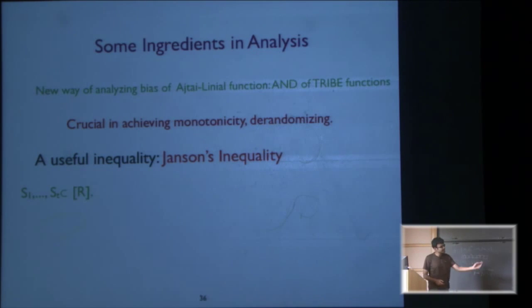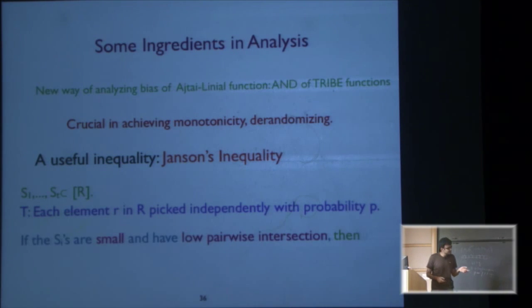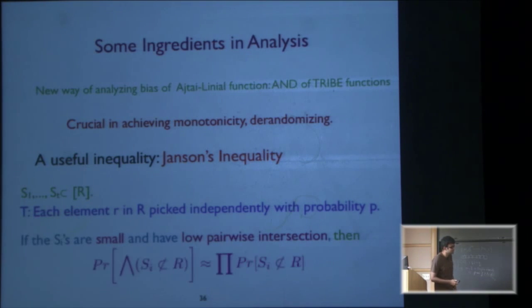If S_1 through S_t are subsets of [r], think of the S_i as small, and suppose we construct the set T where each element of [r] is picked with some probability p, for a small p. Now, if the S_i are small and each have low pairwise intersection, then we can say that there is some kind of independence going on. So what we can say is that the probability that none of the S_i are